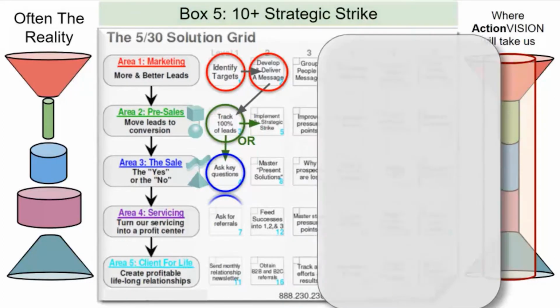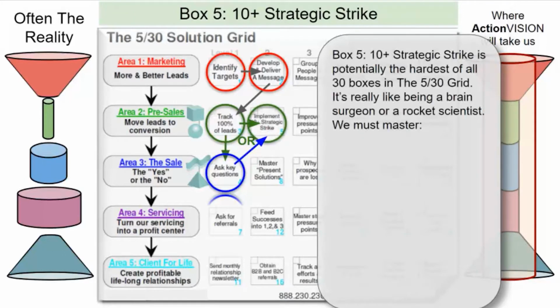And then Box 5. So in Box 5, the 10-plus strategic strike, potentially it's the hardest of all 30 boxes in the 530 grid. I'm fond of saying, this is not brain surgery. This is not rocket science. This one is brain surgery and rocket science. It's that tricky. So to really do Box 5 well, we need to master the 10-plus touch